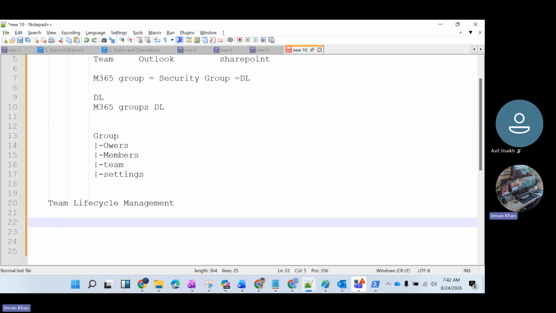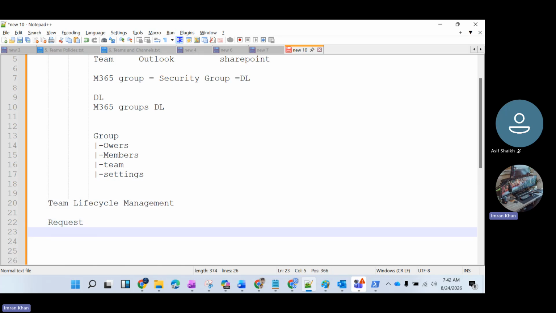For example, say a project duration is six months, and you want to create a group for it, and after those six months it should be archived. So how does the request come? First, when you work,